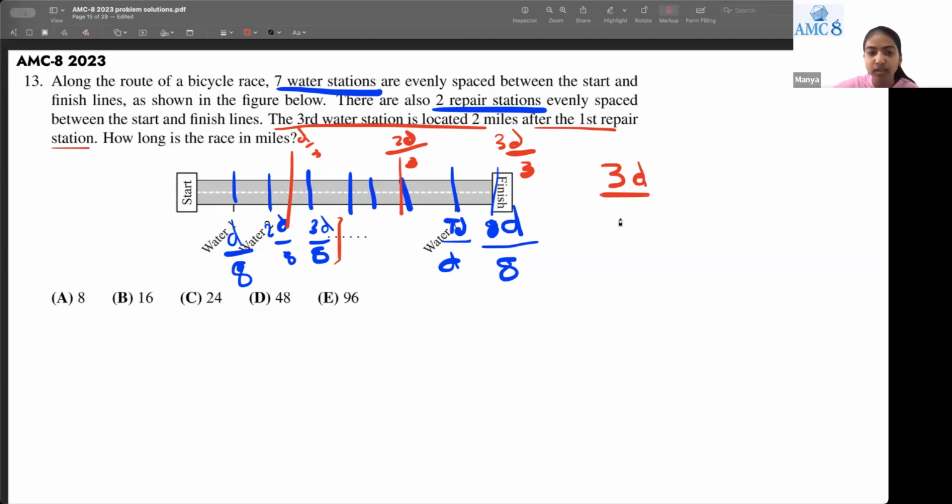3D by 8 is equal to 2 miles plus the first repair station. The first repair station is D by 3. And here, we just made an equation. Now we need to solve this equation, and to do that, we can move this 2 inside the fraction bar as well. But to do that, we'll have to do 3D by 8 equals